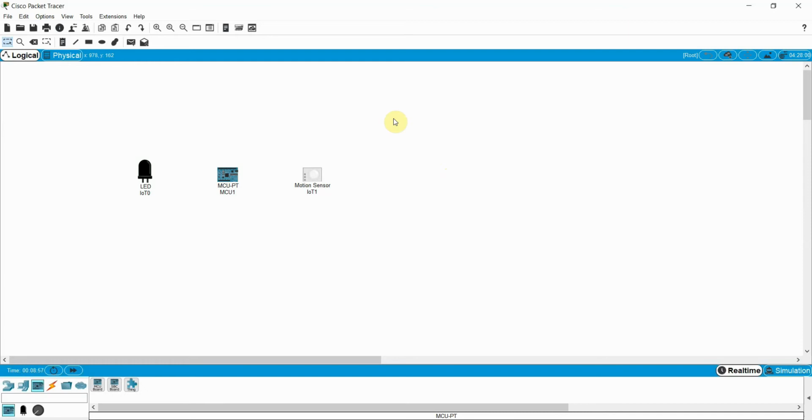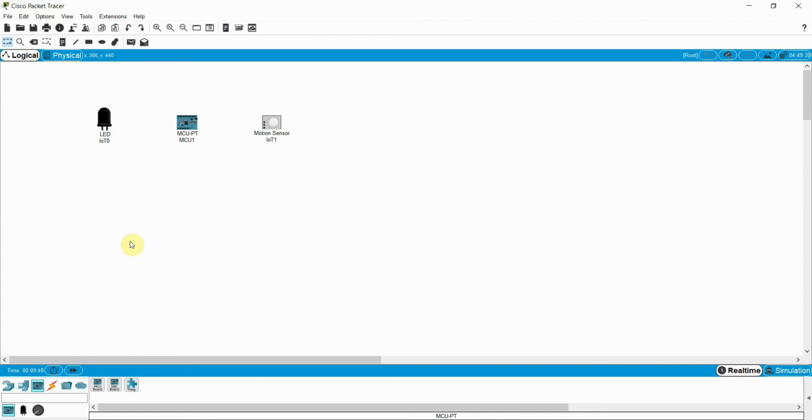So one of my friends suggested why not we have one program. It is just the continuation of the previous practical, where I used the switch. My friend requested why not we add a motion sensor, so if the motion is detected, the LED should be on. So I thought I could make a program and share it with all my friends and those who have subscribed to my channel.